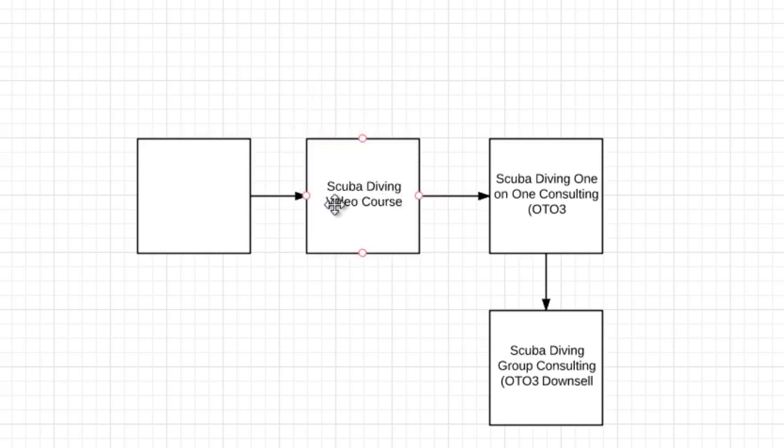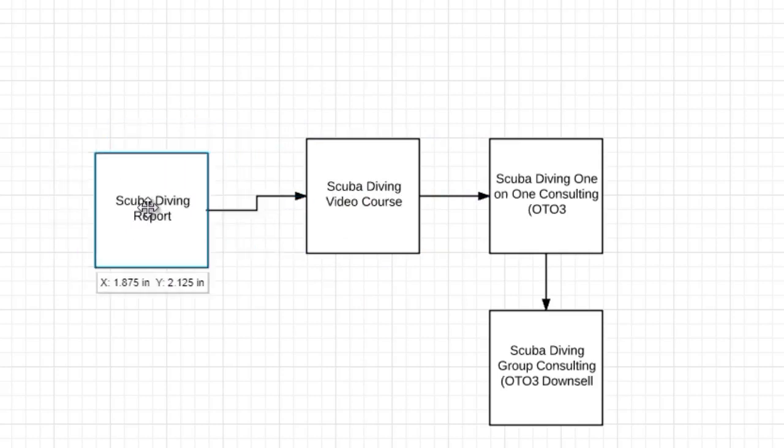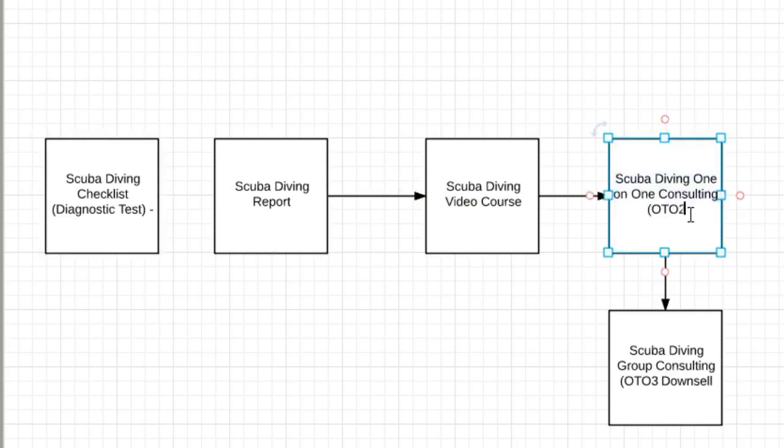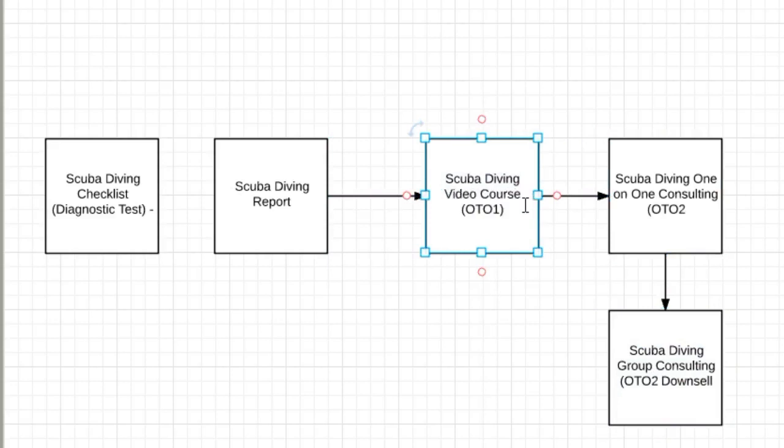And then if we take a snippet of the course over here, this could be a scuba diving report, and then we can move back again over here, and this could be something like a scuba diving checklist, like a diagnostic test or something. So let's see, OTO3, 2, 1, front-end offer. I'm actually going to do just OTO2, because in this case we could solve their problems via this. So we're going to do OTO1. Actually, instead of a report, we're going to do an ebook,